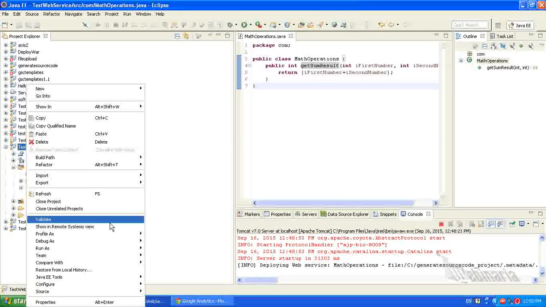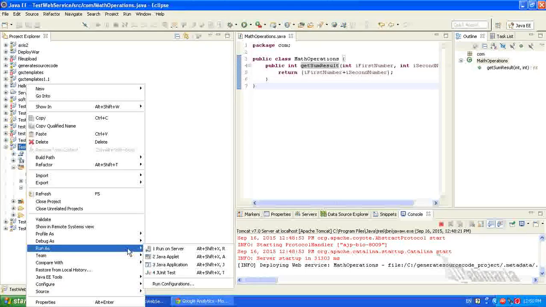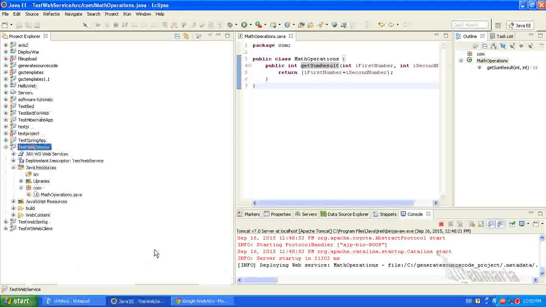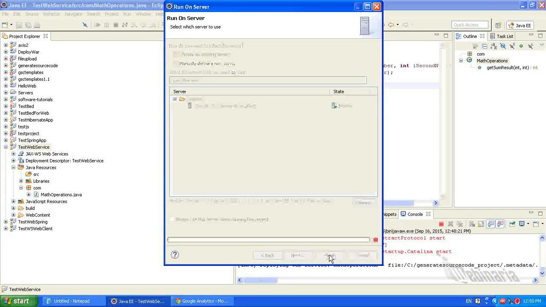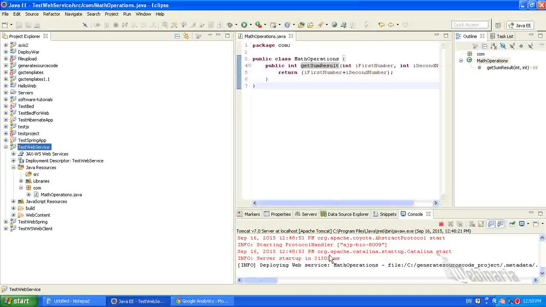Now to test whether the web service is created properly or not, right click the project and select run as, run on server. Click finish. Now we are just testing whether the web service is created successfully or not.